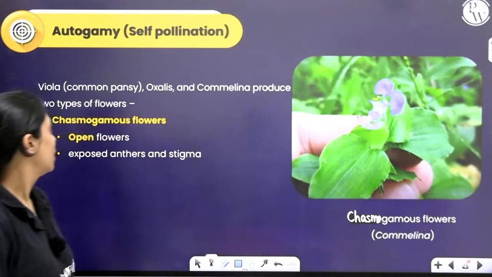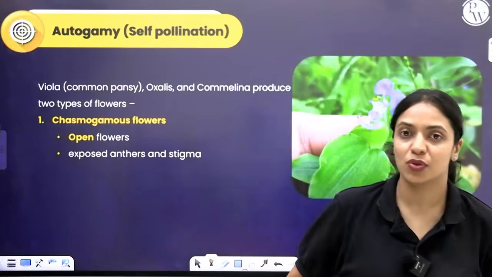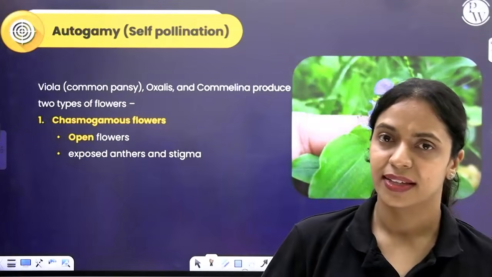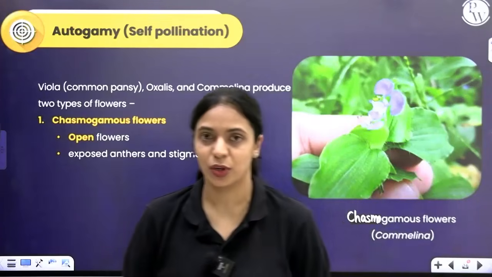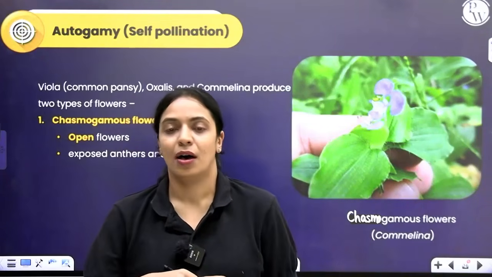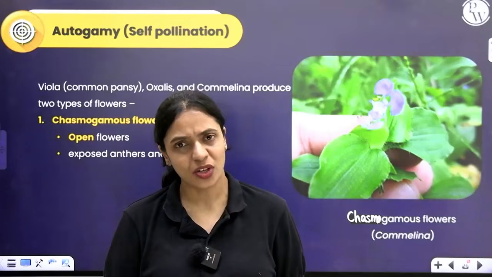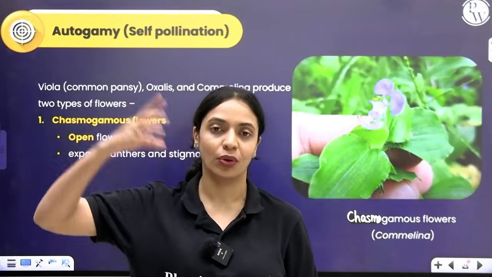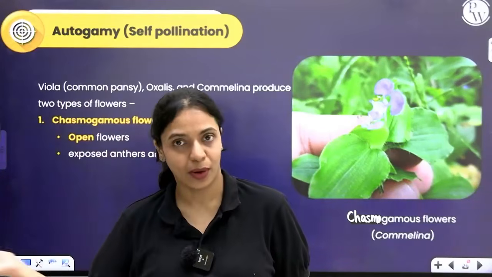Okay. So what happens in chasmogamous flowers is the flower is open. So chances are there for self-pollination, but it's not 100% sure that self-pollination only will happen because the anther and stigma are exposed. It's possible for pollen from these flowers to go and bring about pollination in some other flower also,